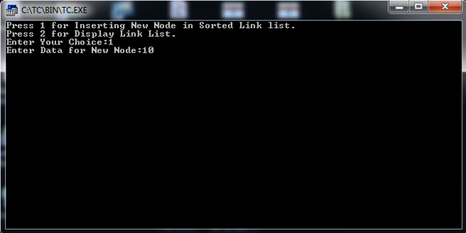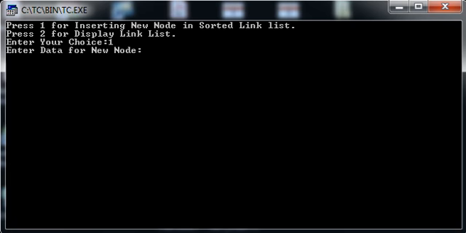Okay, next, let's say 10. So 10 should be placed before 55. See, I am not providing any position in this particular program. As you can see, 10 has been added before 55. 29, so it should be after 10. Yes. 19.